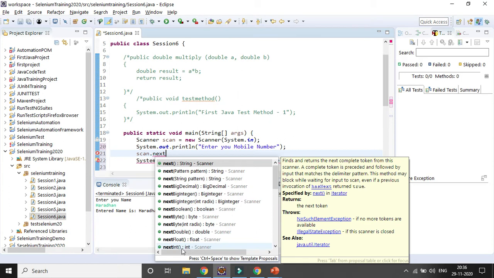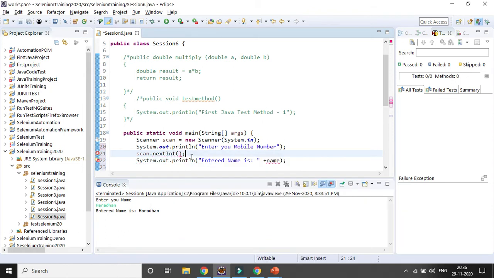And the return type of nextInt, you can see here, is int, and everything is Scanner. It will scan. So from the method name itself you can get the details of the method. So the return type will be integer. So I have to use the return type as integer. Mobile number, this is the variable I am storing, mobNumber. Then I will be printing that variable here, and I can change the message: Entered mobile number